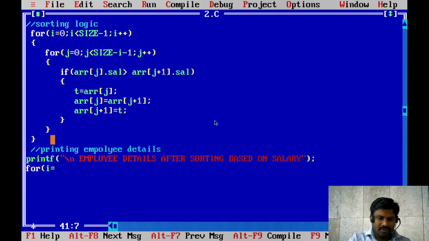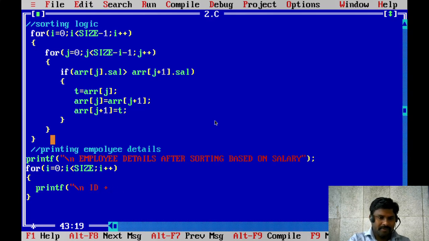For i is equal to 0, i less than 10 or size, i plus plus. Printf newline,